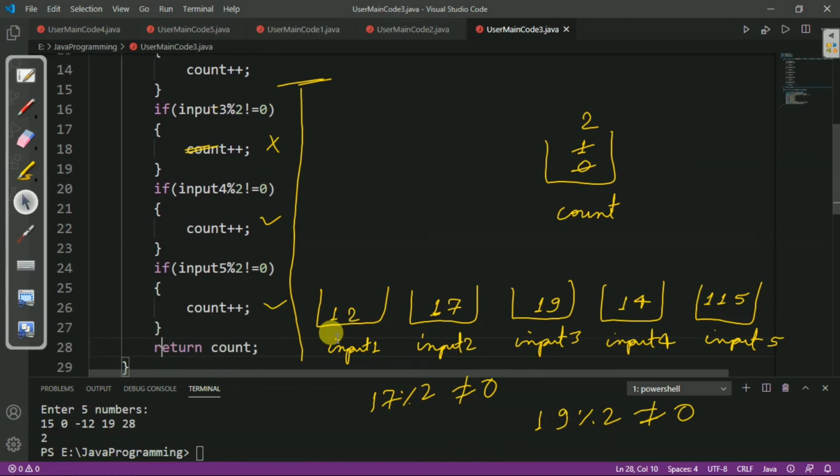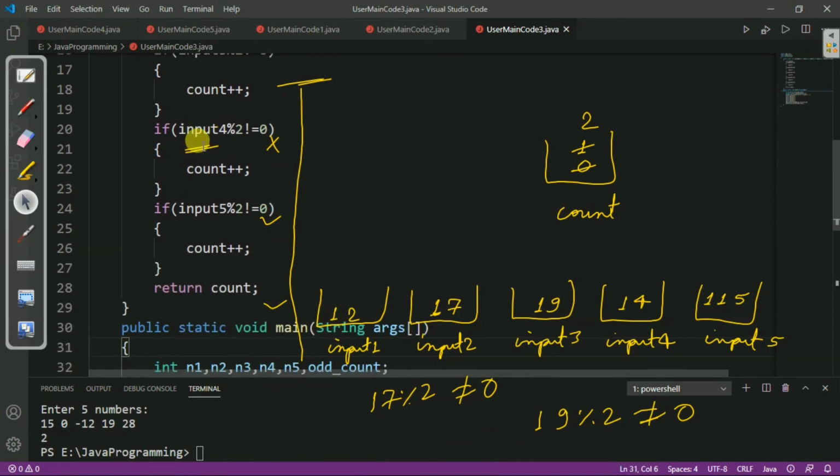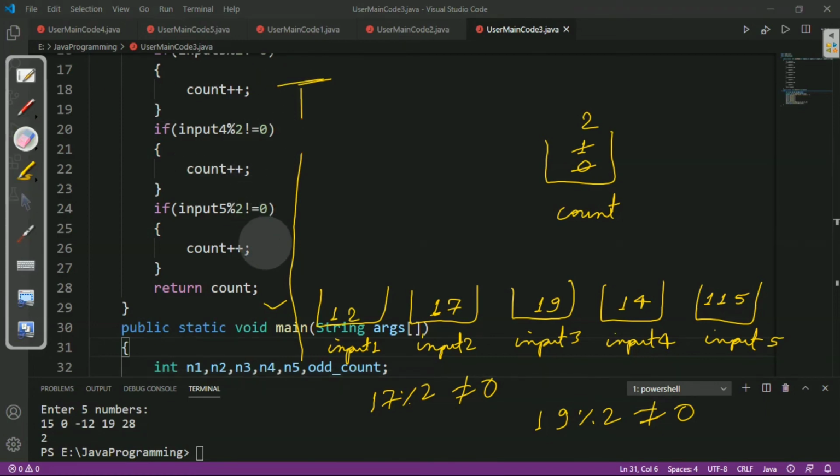After that we will again check the condition, if input 4 modulus 2 is not equal to 0, and here we can see that input 4 is 14 and 14 modulus 2 is equal to 0. So this condition is false.